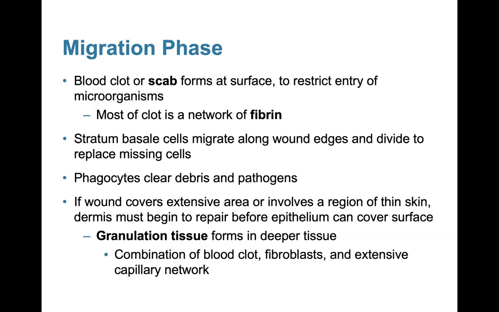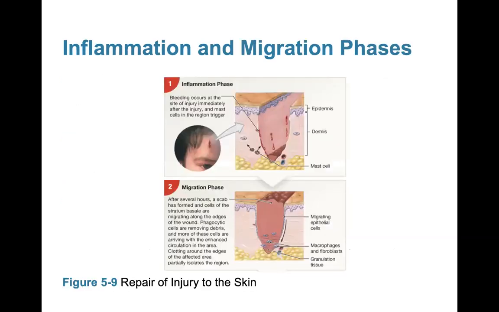If the wound covers an extensive area or involves a region of thin skin, the dermis must begin to repair before the epithelium can cover the surface. The granulation tissue forms in the deeper tissues,